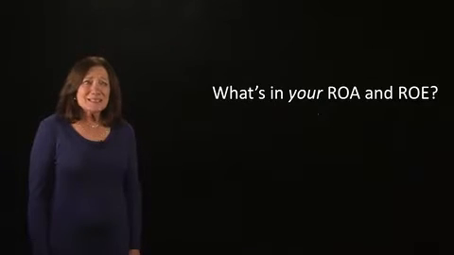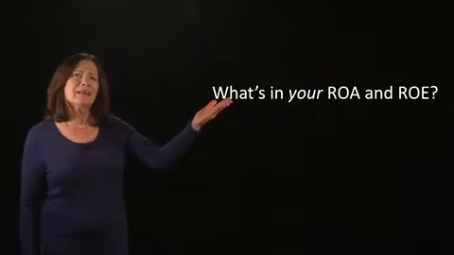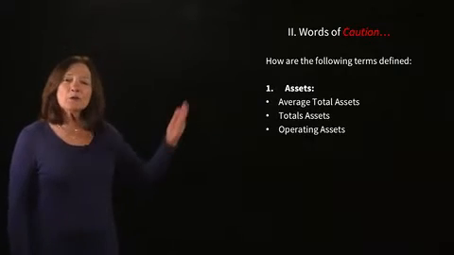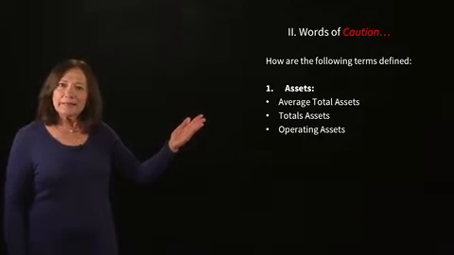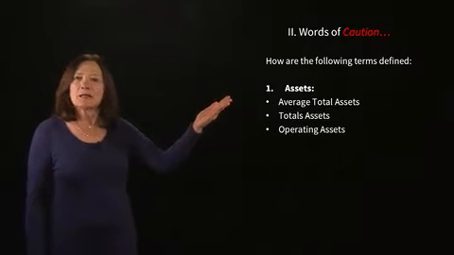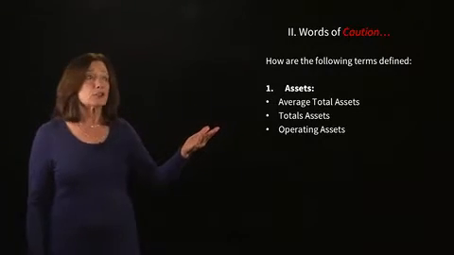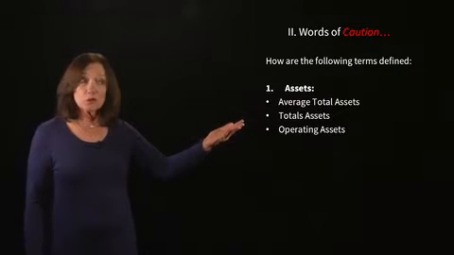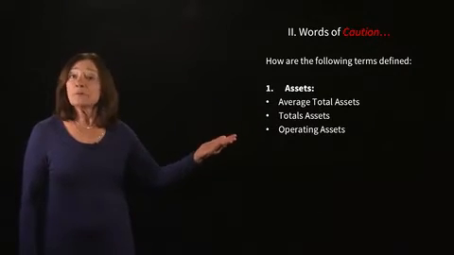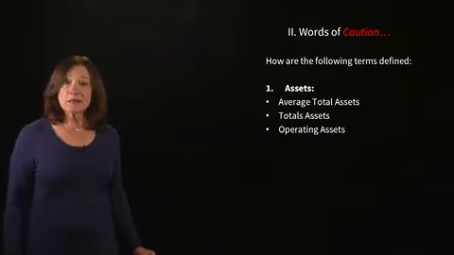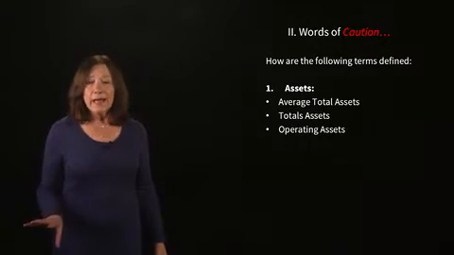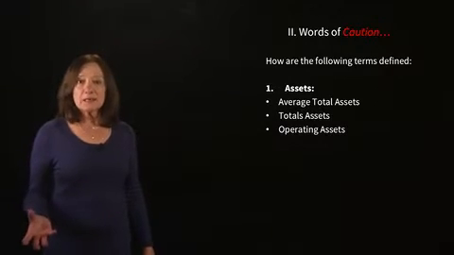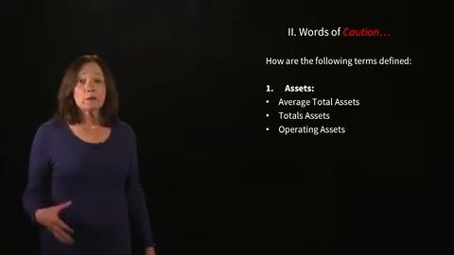So the question is, what's in your ROA and ROE? Now comes the warning. How are the following terms defined? If we look at assets, it can really have three different definitions: average total assets, just using total assets, or focusing on our operating assets, which really means that we're going to look at our property, plant, and equipment and use that as the asset base to determine what our return on